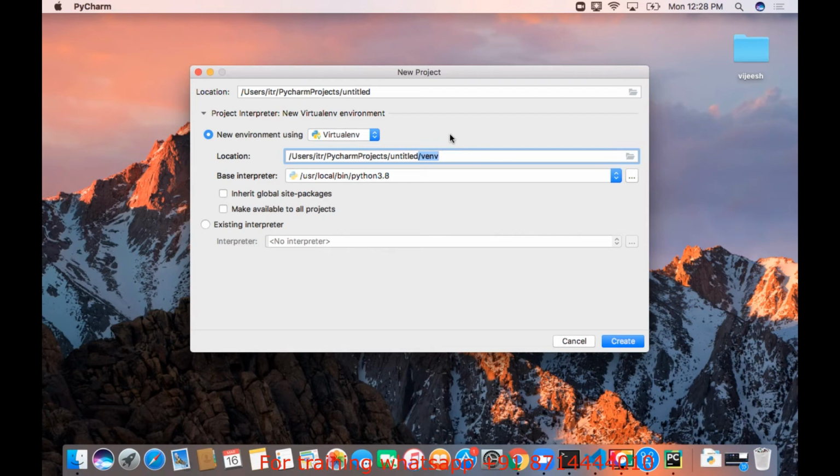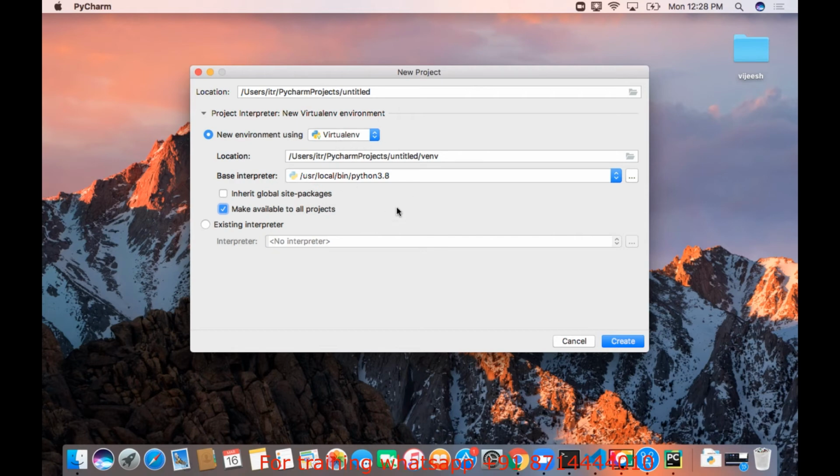Virtual env is used to isolate one project from another. If you are doing multiple Python projects, you can isolate them. That means in one project you will be using Python 3.8 for web development, and another project you may be using Python with some other version for a machine learning application. So if you are doing multiple projects on your computer, you will have to use virtual env to isolate one project from another. Otherwise there is a chance of clashes between the libraries you are using in your projects. That is why we have to use virtual env. We'll discuss how to create virtual env in detail using commands later.